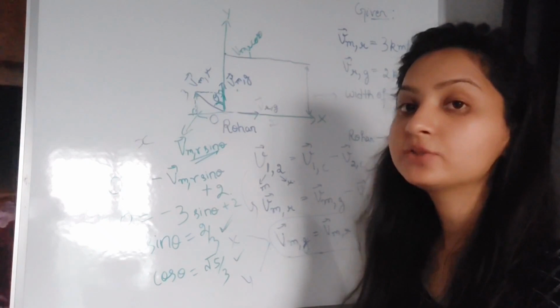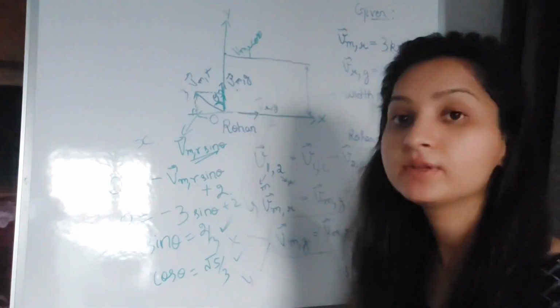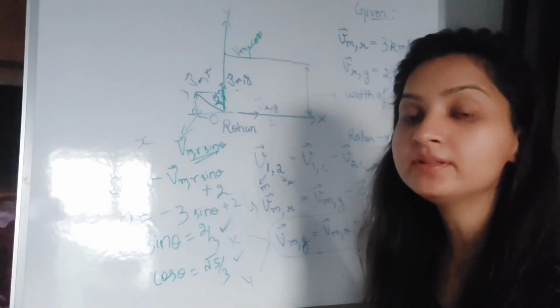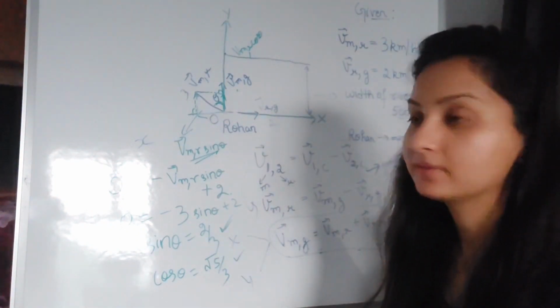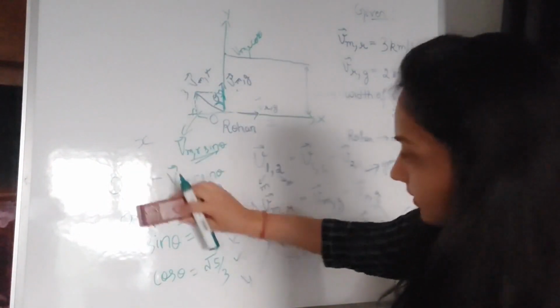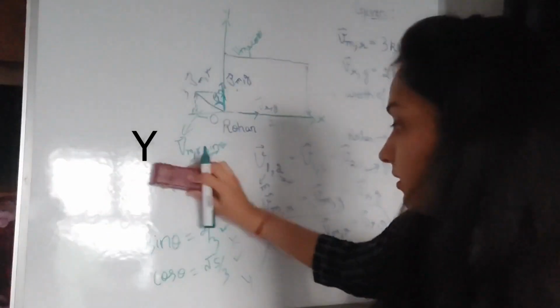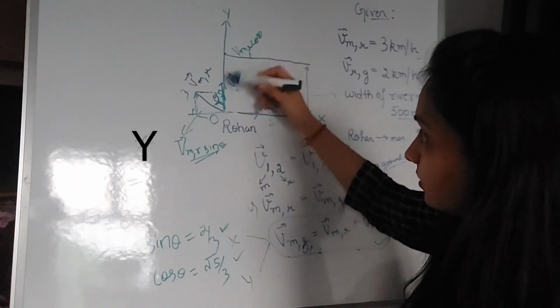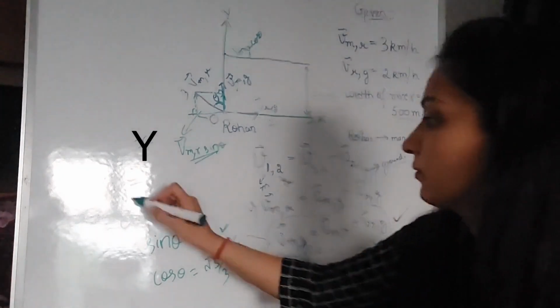The next thing is to find the time that Rohan will take to cross this river. For that, you have to take the components of this equation in the y direction. Now I have sin theta and cos theta, so I solve the equation in the y direction. In the y direction, I have this component which is lying completely. So velocity of man with respect to ground,